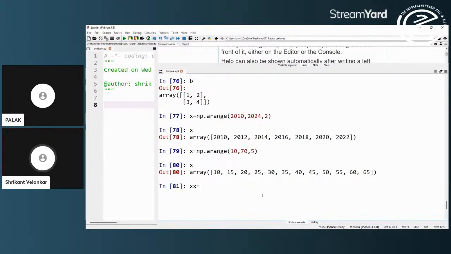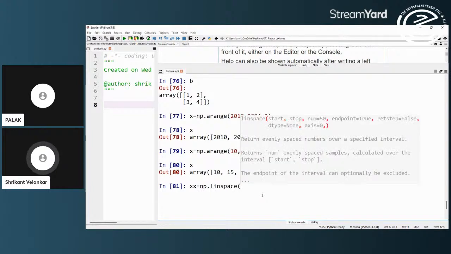Sometimes the function has a sister function, which I will use. It is called np.linspace, in which we can say start as 1.0, end as 6.0, and I want to divide this into a total of 5.